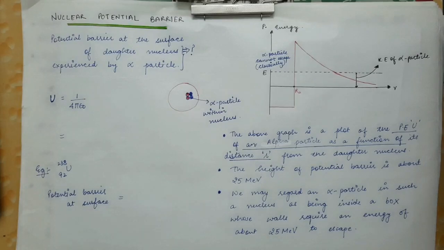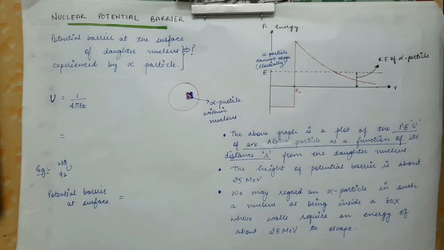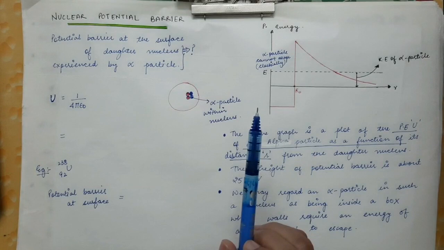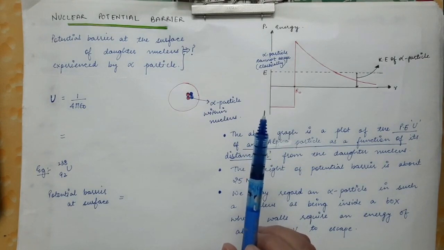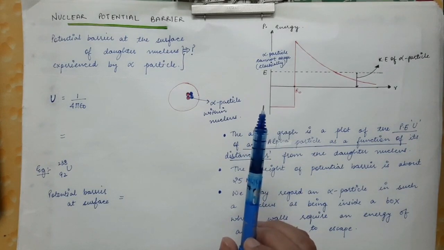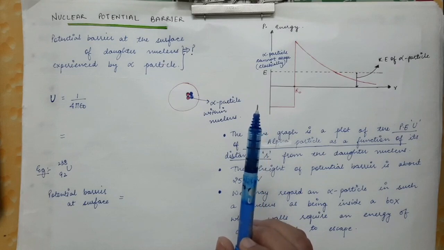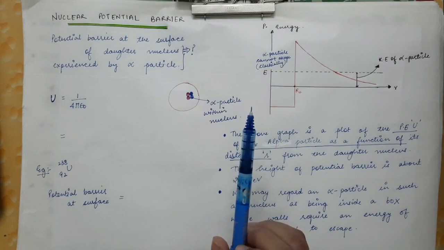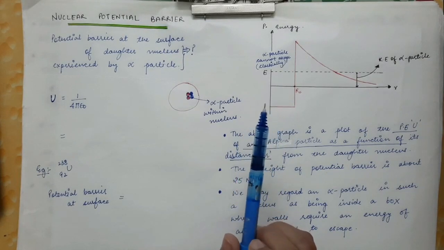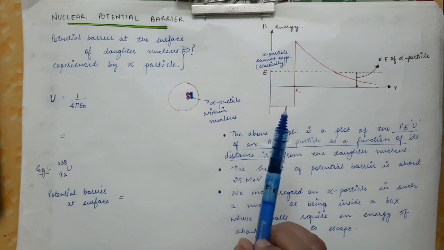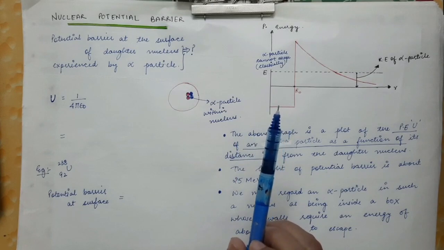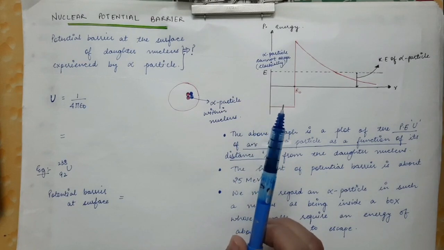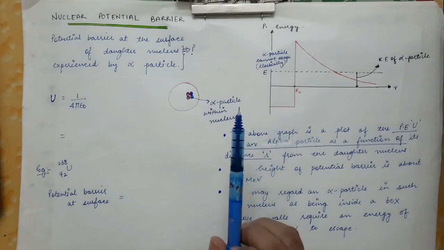In the previous lecture, we had covered the energetics of alpha particle. There we had seen the formula of kinetic energy of alpha particle and its relation with the Q value of the alpha decay. So now we are going to cover how the alpha particle is emitted from the nucleus. So what is the whole criteria or what is the whole theory behind alpha decay?